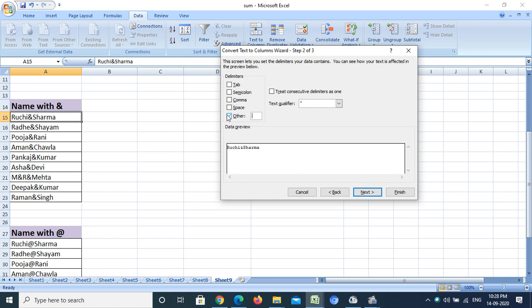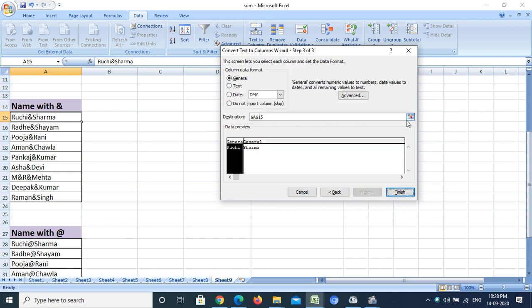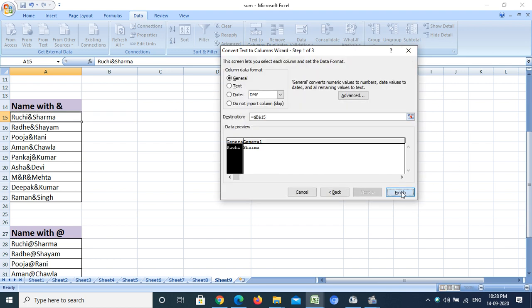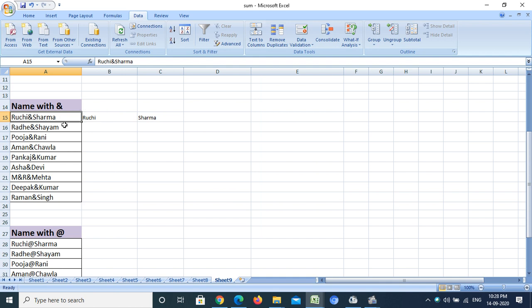Then I have to click on this Other option and write my separator, that is n%. Next we have to click here and choose the location. After that, I'm going to press Finish. Now see, my name is in a different column.